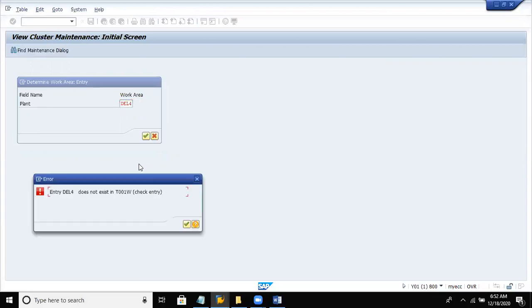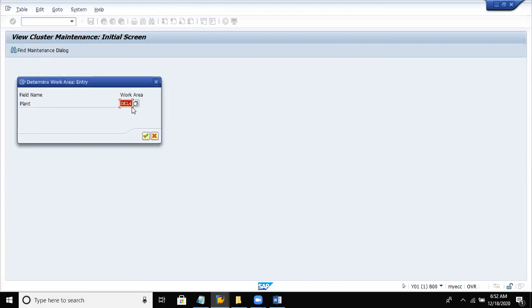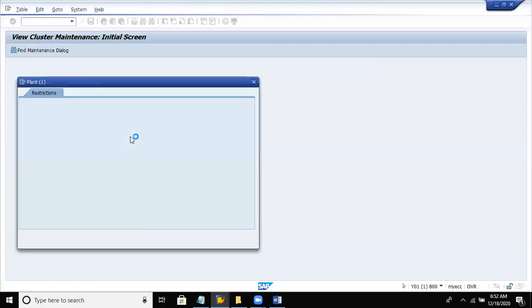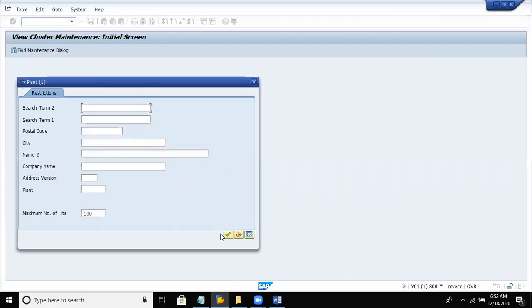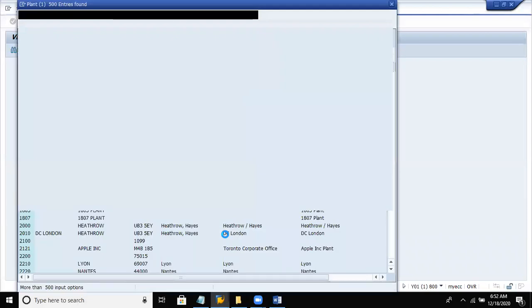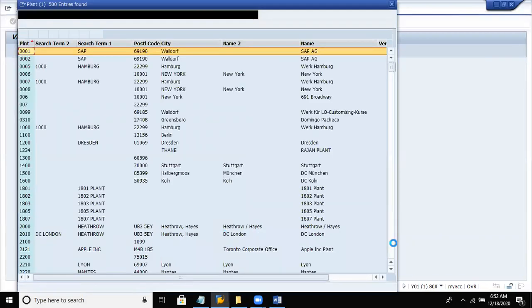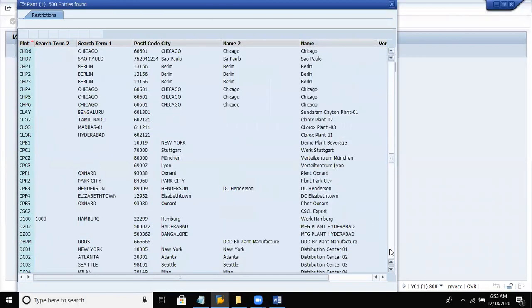So update your plant location. This is the configuration we have done in the SD part. So here itself we can learn the integration. This is called the integration part. We are doing the MM, but still plant is nothing but the SD part. So every module here is integrated.